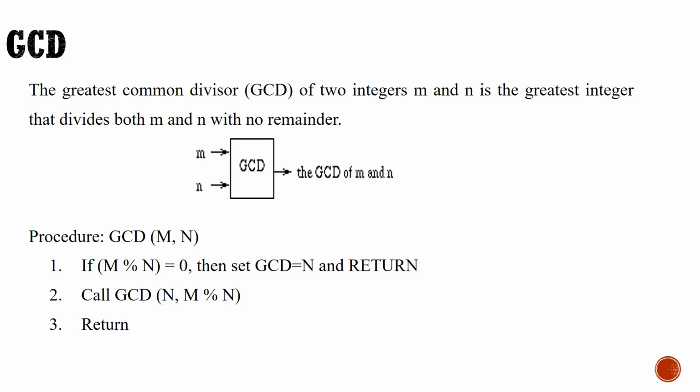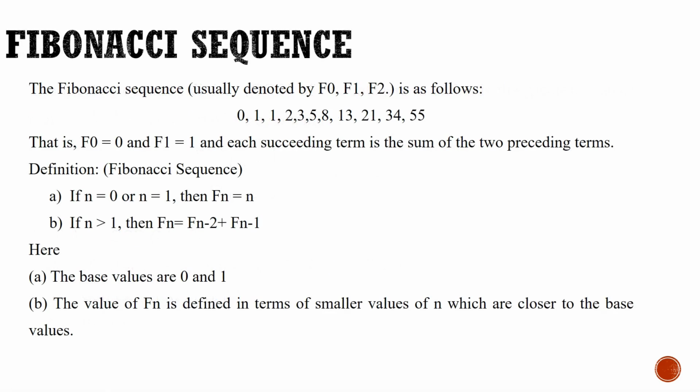Fine. The next one. Let's take an example of the Fibonacci series. How will that series be? The initial numbers for the series are 0 and 1. Let us call 0 as F0 and let us call 1 as F1. So F2 will be calculated by adding F0 and F1. Now what is the value of F2?